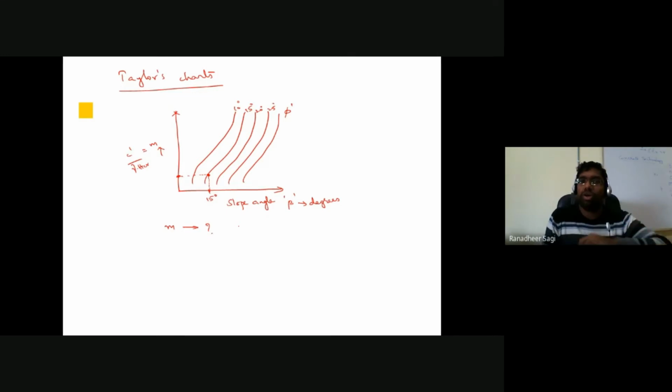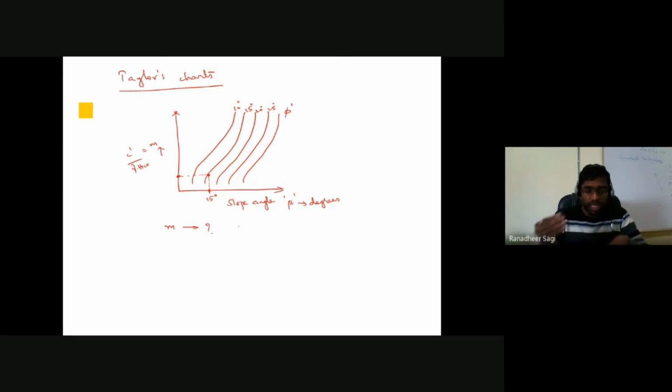And if I know the geotechnical properties of that particular soil, that means your C dash value is known for that soil and the unit weight of the soil is known to me, then I can understand what can be the critical height, what can be the maximum height that you can provide for that particular slope just to ensure that your slope is going to be stable. Just at the verge of failure, how much could be the maximum height that you can provide for that particular slope? Okay, so that is what I can understand.